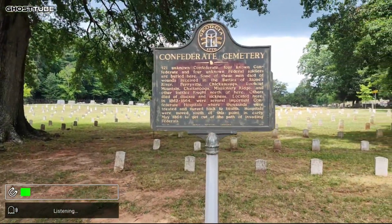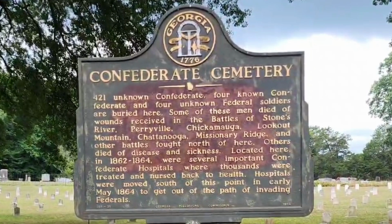So here we have a marker: Confederate Cemetery, 421 unknown Confederate, 4 known Confederate, and 4 unknown Federal soldiers were buried here. Some of these men died of wounds received in the Battle of Stones River, Perryville, Chickamauga, Lookout Mountain, Chattanooga, Missionary Ridge, and other battles fought north of here. Others died of disease and sickness located here in 1862 to 1864, where several important Confederate hospitals where thousands were treated and nursed back to health. Hospitals were moved south of this point in early May of 1864 to get out of the path of the